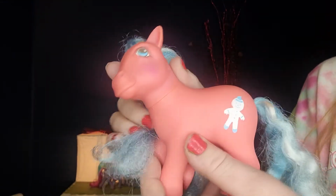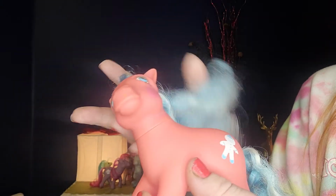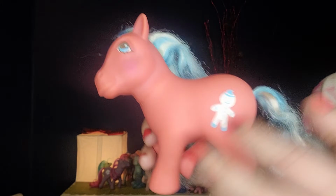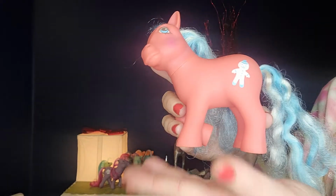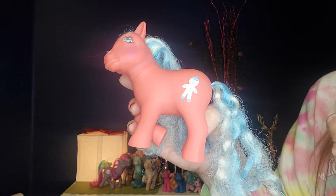Reaching in. We got 2 more before I got the 3 special ponies at the end. But next up, we have Candy Cane Molasses. Now, I thought this was going to complete my candy cane collection. Yeah, I said I thought. I can't find 2 of my candy cane ponies. I have Caramel Crunch. Now I've got Molasses. I can't find...